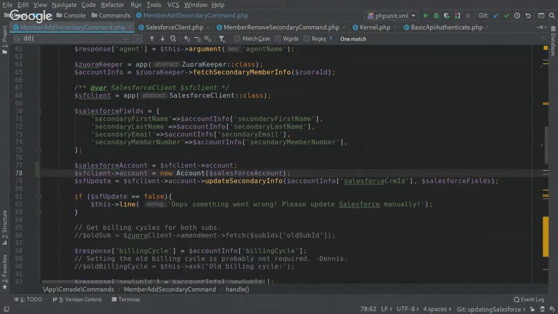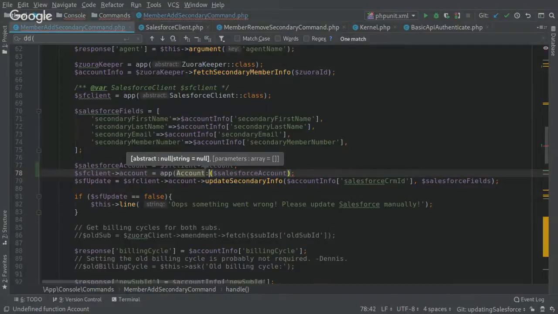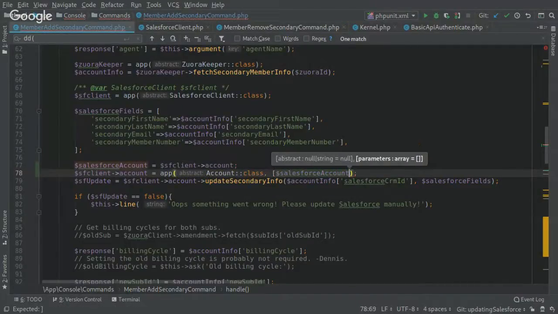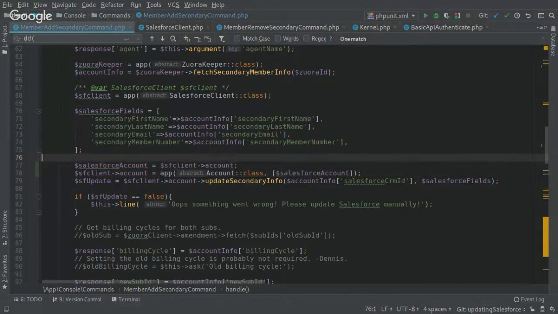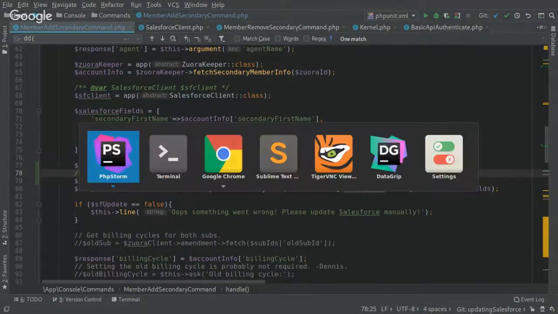Yeah, that should be it. Just to make dependency injection, I'm going to do that. Now it should just work. So then to test it,